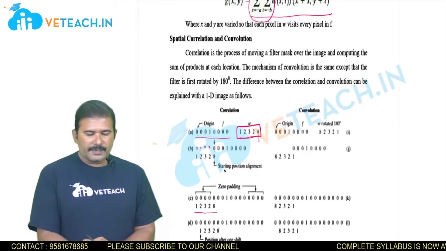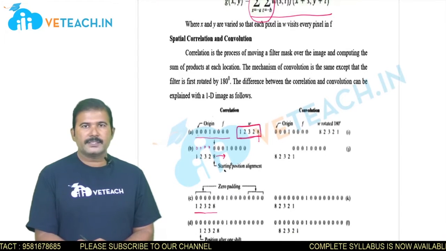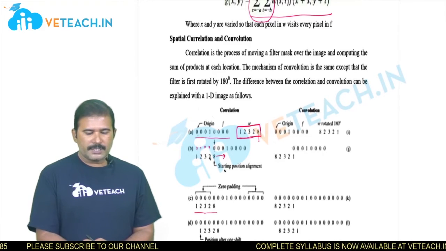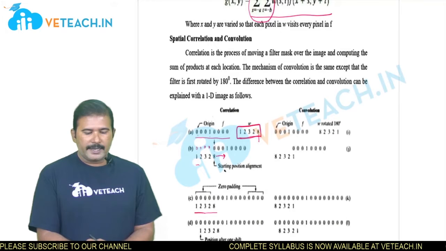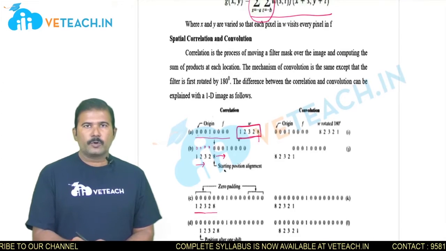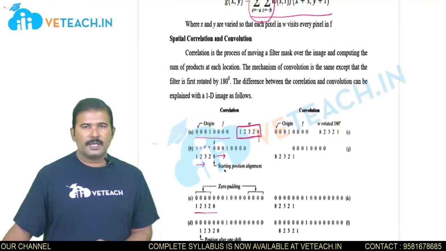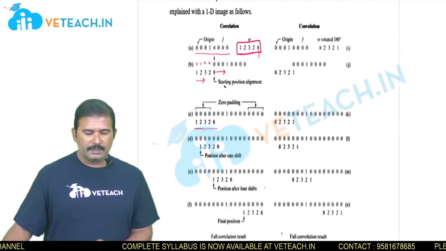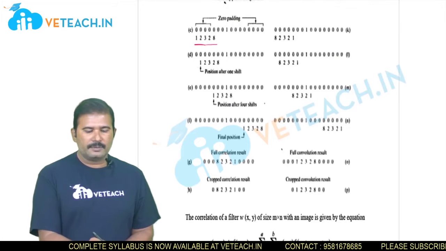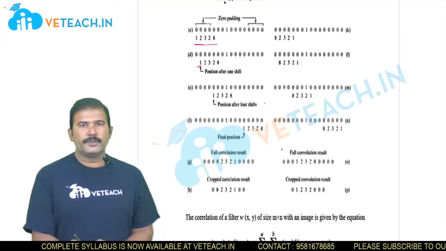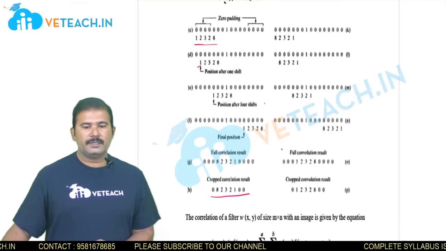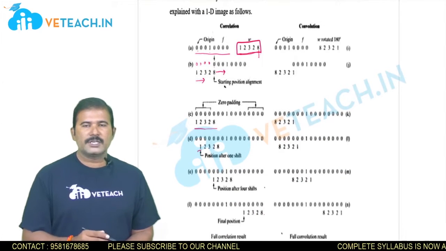Like that, these filter values are slid towards the right side every time by one value. That means the next time 8 will come here, 2 like this, it is slid by one value towards the right side. Then find the products of the coefficients corresponding to W and F, and find the summation. So like that we can continue until the last value of the filter reaches the end of F. So the resultant value gives the correlation between the filter and the original image F.